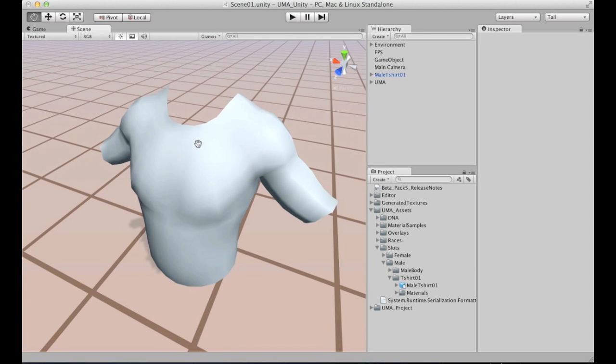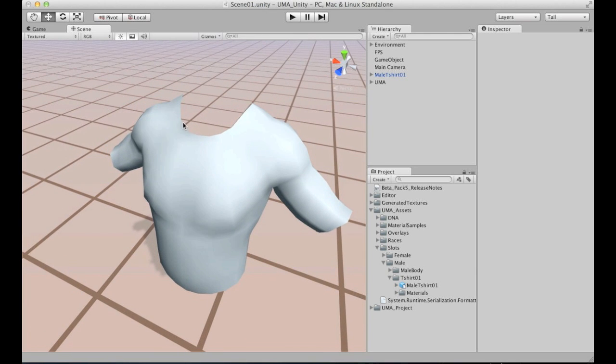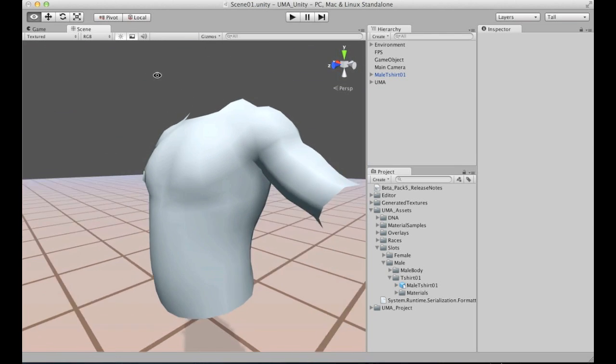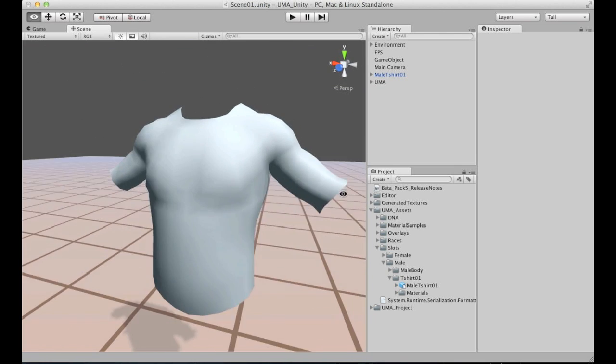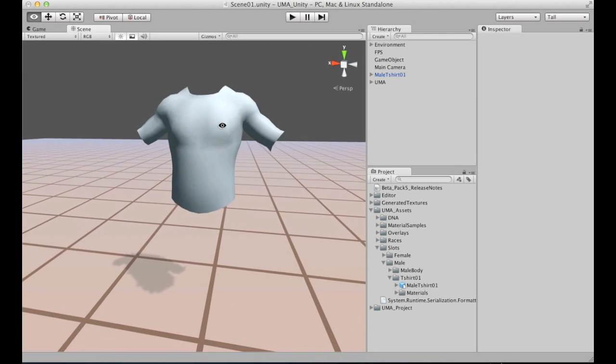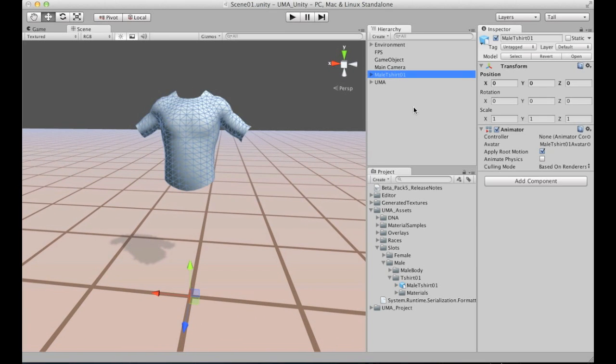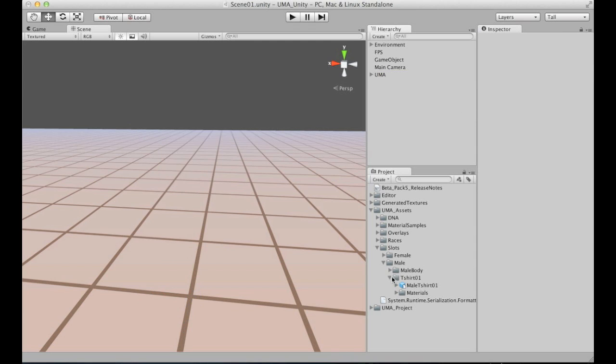You could also consider including some inner area here, so you can see the other side of the cloth in this specific area. But as this cloth is really close to the body, it might not be necessary, but for some cases it's really important. So I'm removing this, and